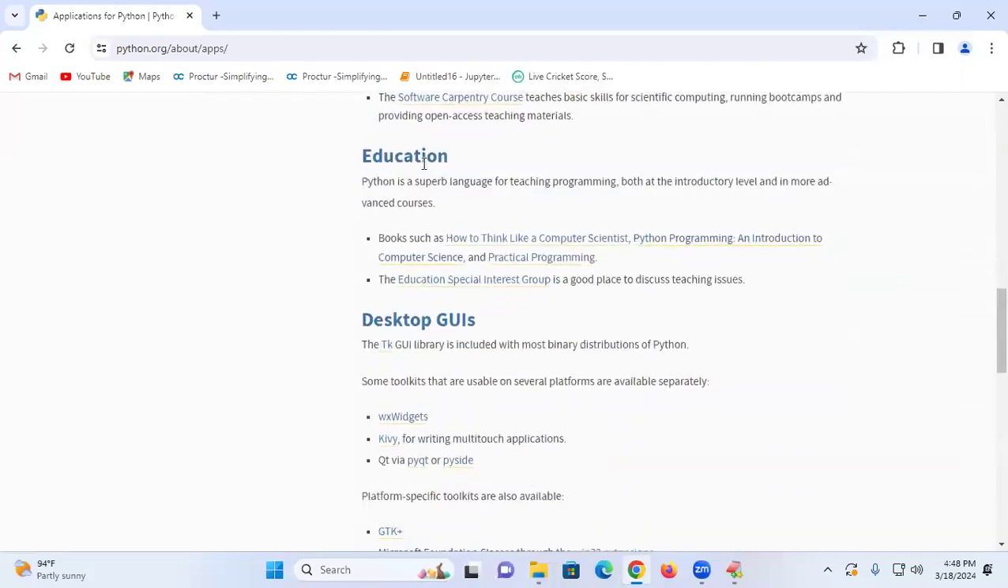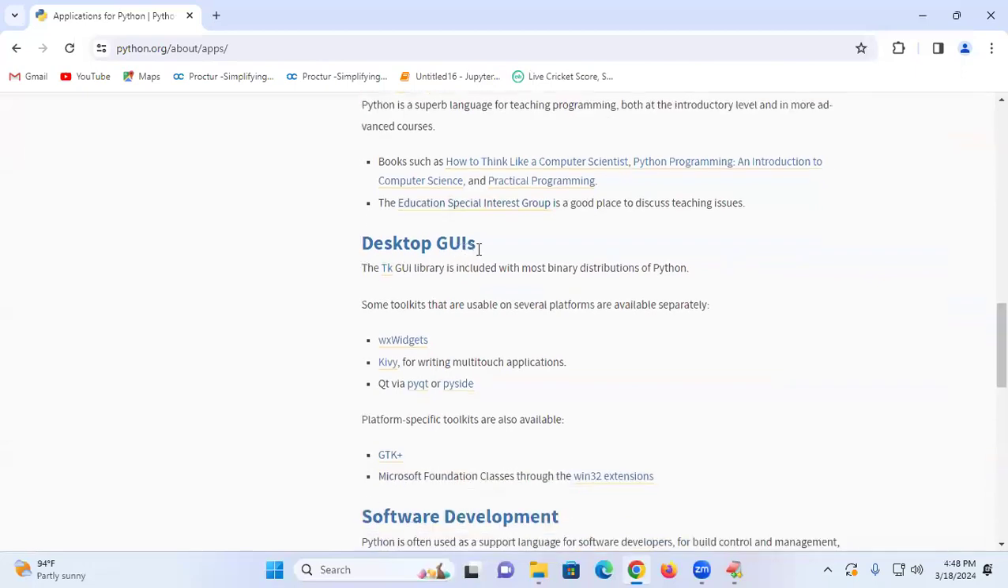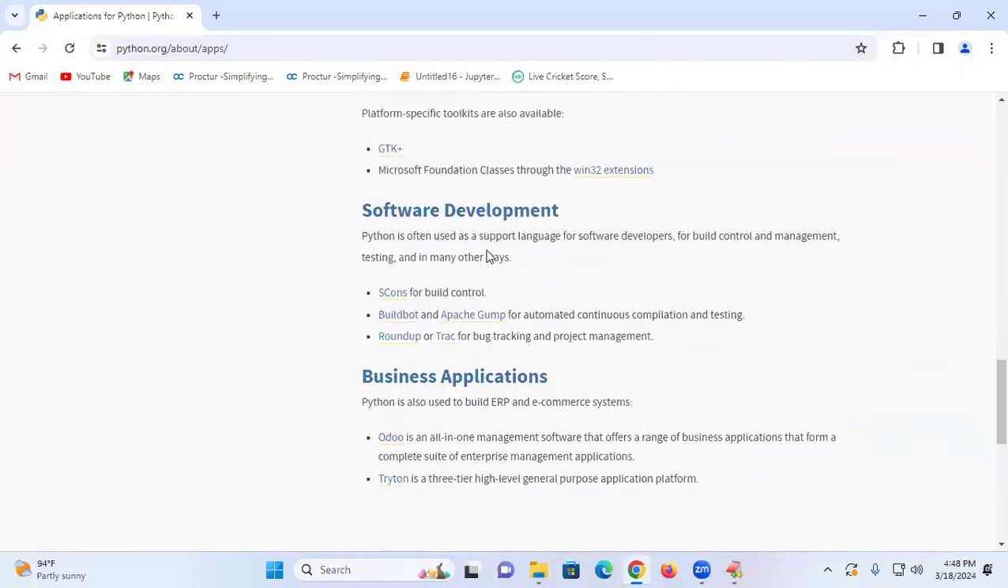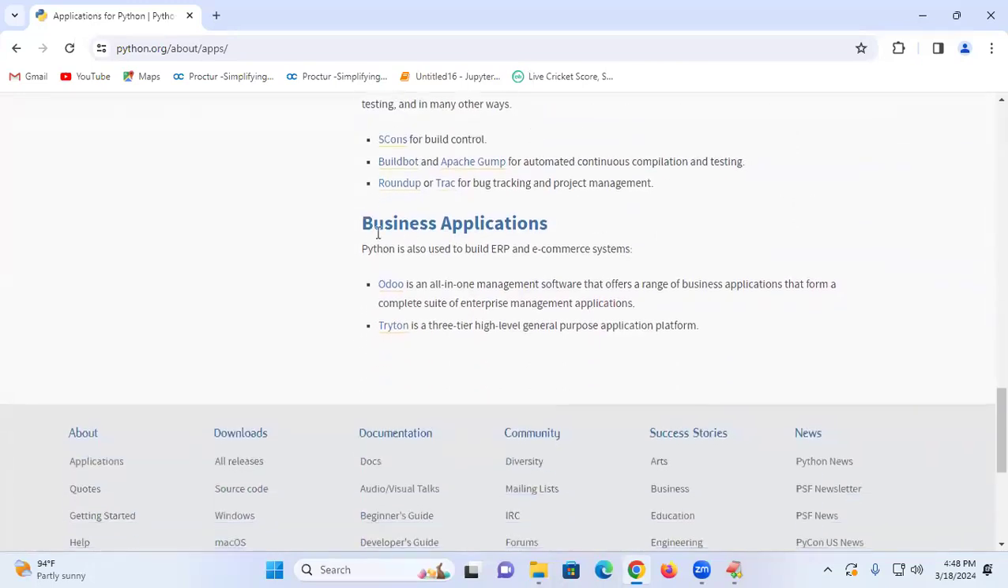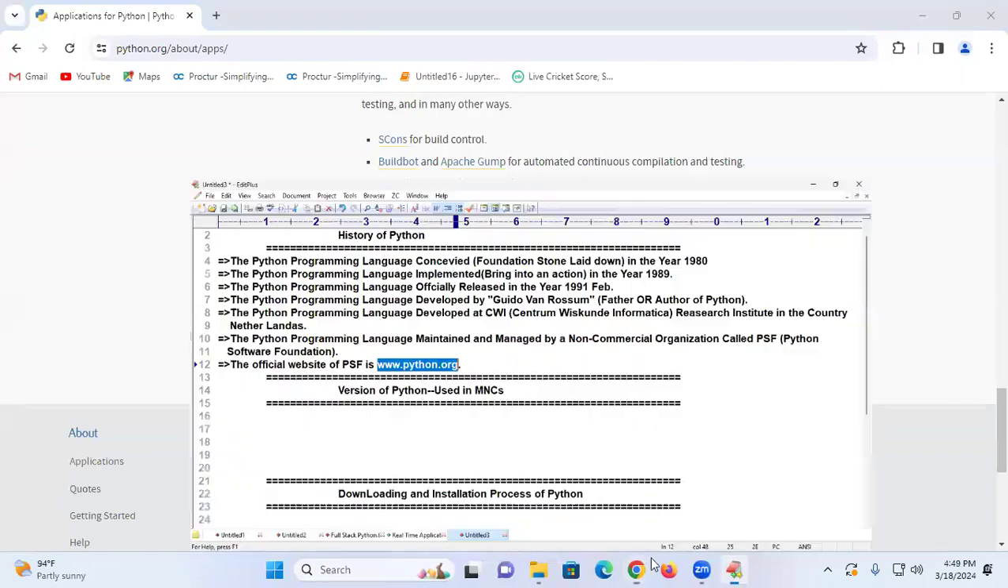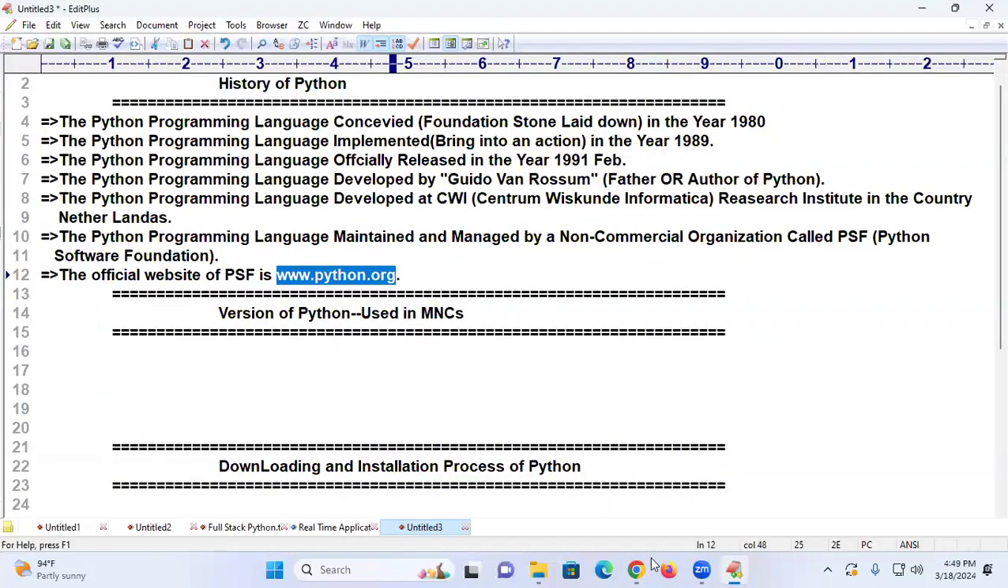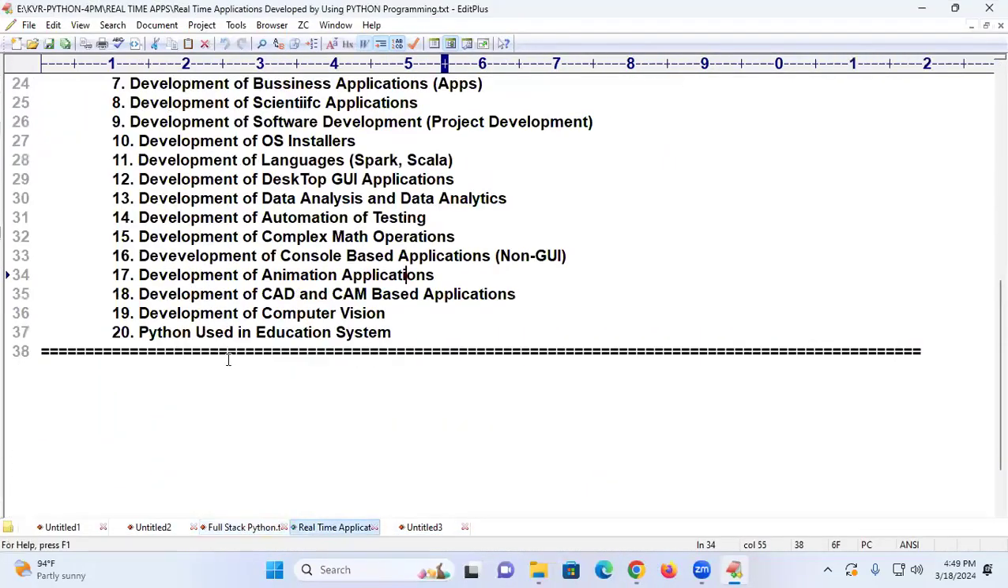And next is called what? Education system. In the majority of educational systems, Python becomes the default language everywhere. And next is called what? Desktop GUI applications. That also I covered in my class. One more is software development, project level also. One is called business apps. If you look at my previous explanation in my class, if you remember it, number one